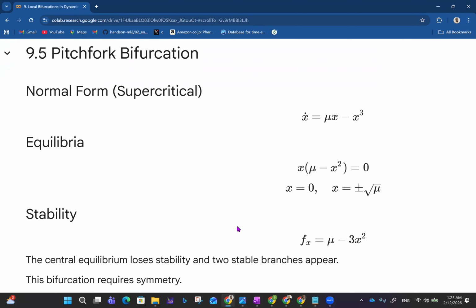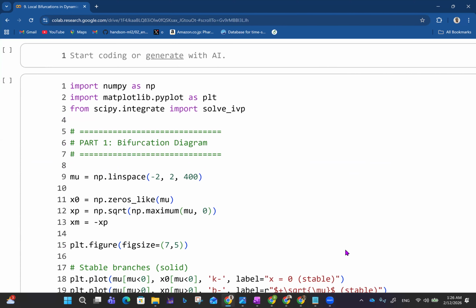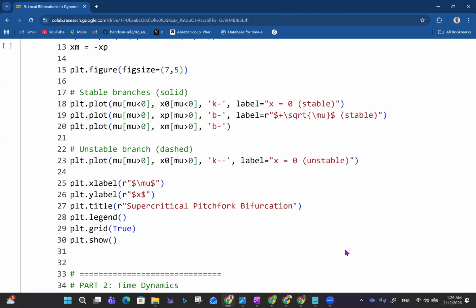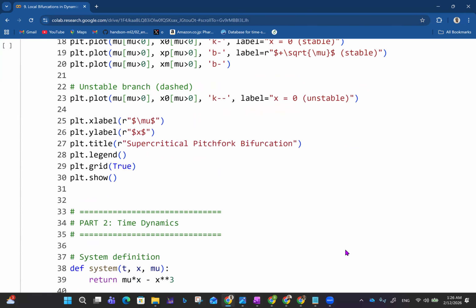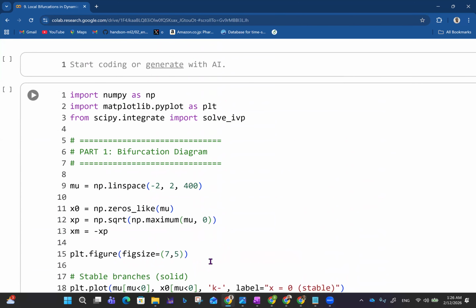And then for the stability, you have f sub x equals mu minus 3x squared. Okay, if you differentiate this, you have mu minus 3x squared. So here we have the central equilibrium loses stability and two stable branches appear. And then this bifurcation requires symmetry. So in this case, you have a pitchfork kind of thing appearing. So to visualize that, first of all, you have